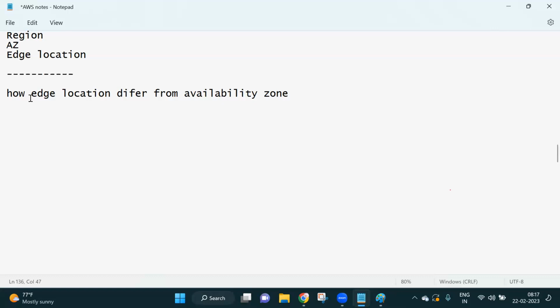Edge locations are used for content delivery and serving the end user in order to give more performance. But availability zone is for redundancy and fault tolerance. That's the basic difference. If one availability zone fails, another availability zone takes care. But edge location is to cache your data and give good performance to the end user.